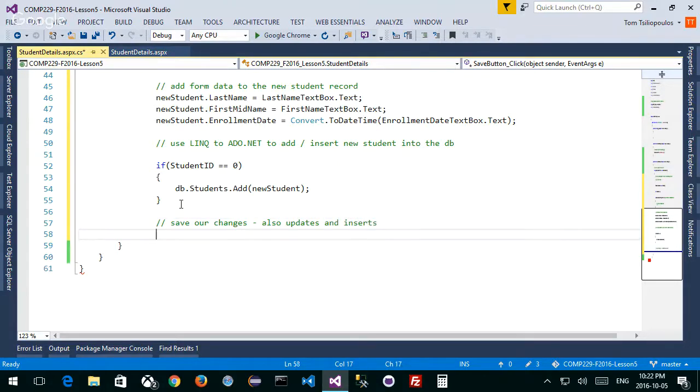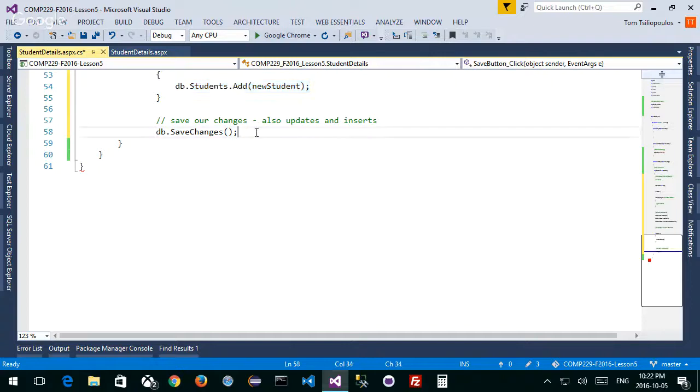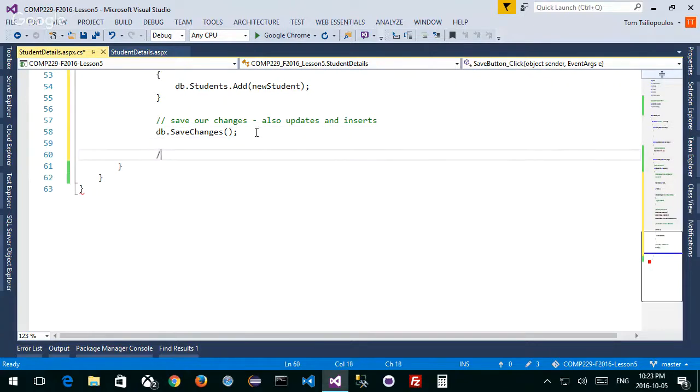Once I do with the following code, which we've already seen before, db.savechanges. db.savechanges doesn't just update the database, it actually performs the update. So we need this db.savechanges after we do the add, but we also need db.savechanges when we do an update.